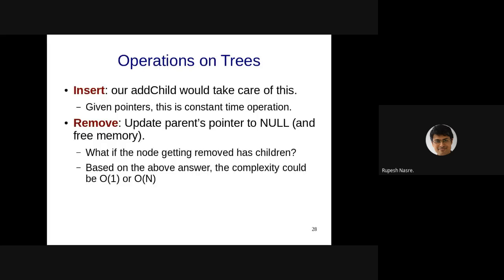So if the node that is getting removed does not have any children, you just set the parent's pointer to null. So you identify the parent pointer either by traversal of the tree, or if you are maintaining that parent pointer, then you can just update it: if it is a left child, then left pointer to null, if it is right child, then right pointer to null, right? So that can be done.